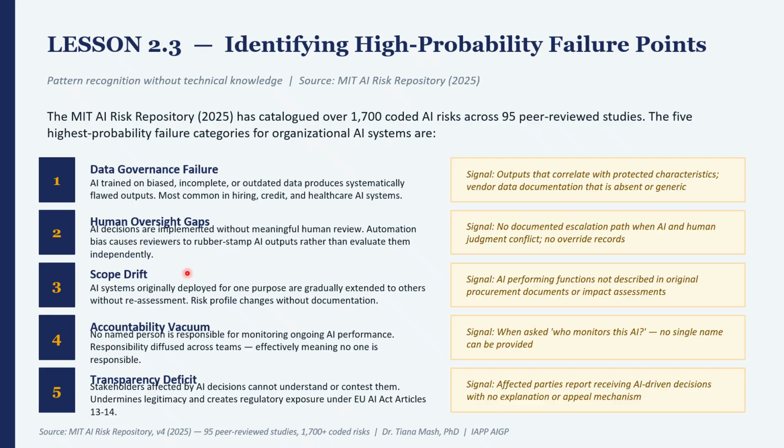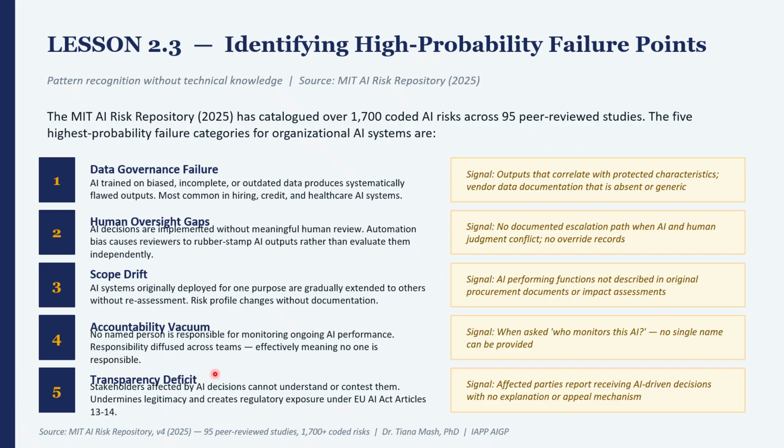Why is it important? Example: a retail chain deploys an AI system to optimize inventory management. Two years later, a manager uses the same system's data patterns to make a scheduling decision about which employees work high traffic shifts. That system was never assessed for that use. So that is scope drift, and it creates liability, and organizations do not know that it's happening. This is why it's imperative that those of you taking this course to advance yourself fundamentally in AI governance look at it from a completely different perspective.